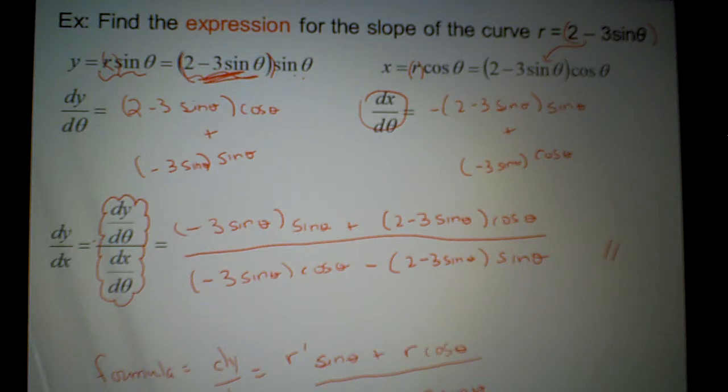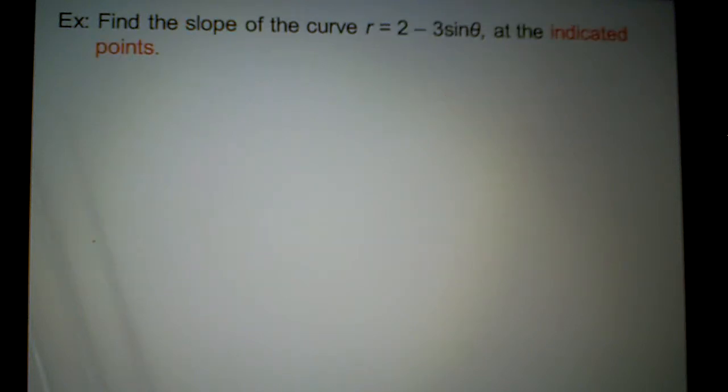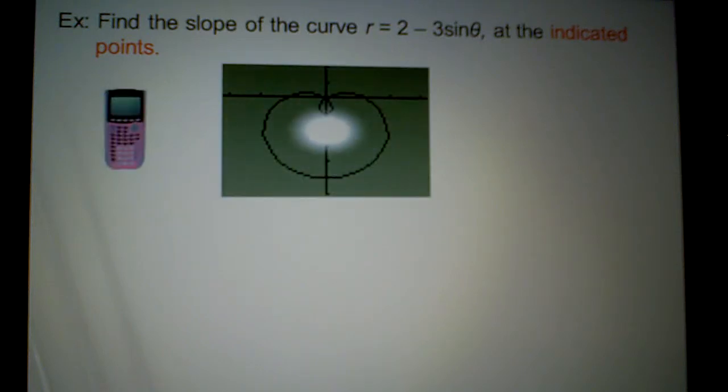Now that I found dy dx, what if they ask me to find the slope of the curve at particular points? This is going to be with your calculator. So if you get your calculator out and put it into polar mode,